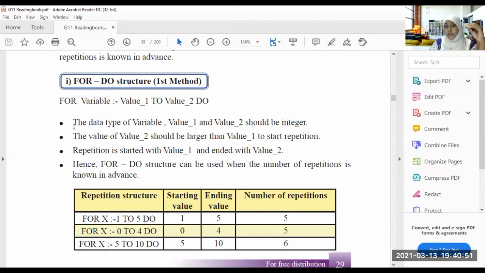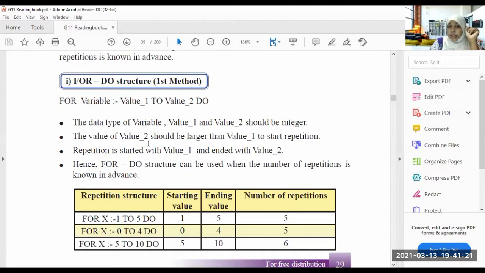When you are using for do structure, first one, the data type of value 1 and value 2 should be integers. You know the meaning of integer, right? They should be int. Okay.